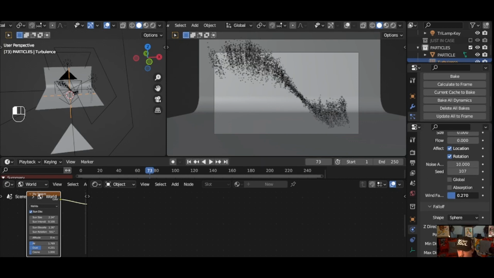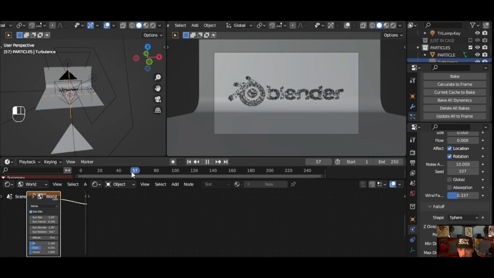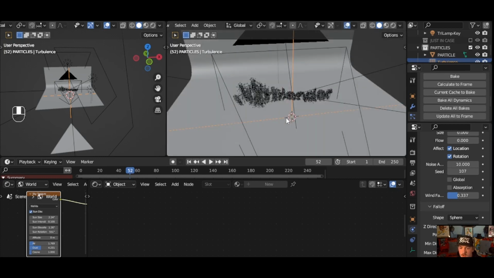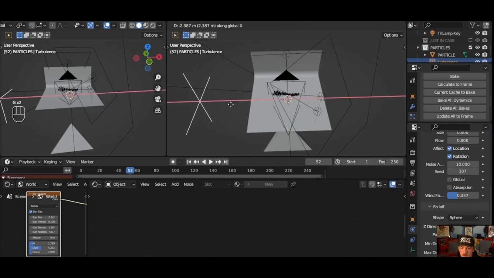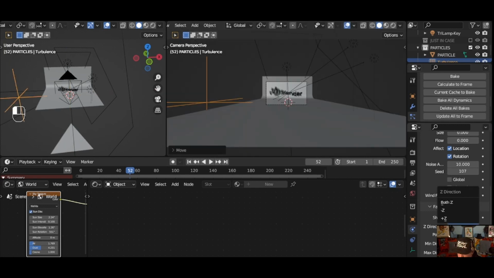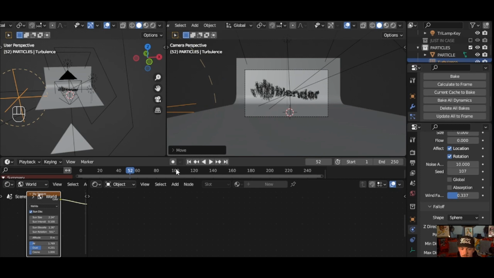Next thing, we're going to add a little bit of wind factor here. It just spreads them out even more. Now, this falloff here is going to determine, based on this object right here, this turbulence object, if it is over here, you will be able to see a minimum and maximum distance. So let's do 1 meter. Now, anything outside of this will not be affected by this. So let's go, and you can see